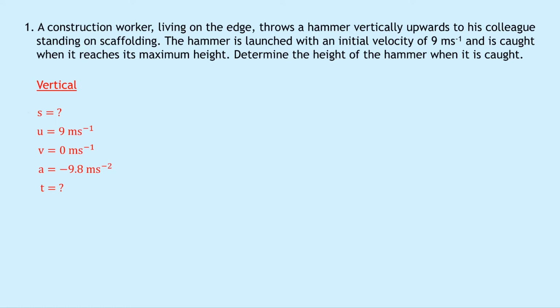So I'm going to put a star next to s here because that's the one we're trying to find, and therefore we want to choose an equation of motion which does not have t in it. We can therefore use the equation v squared equals u squared plus 2as, and substituting in our numbers, we get